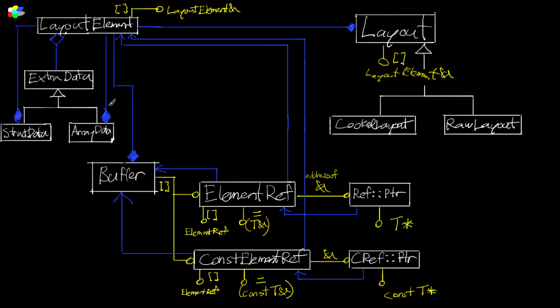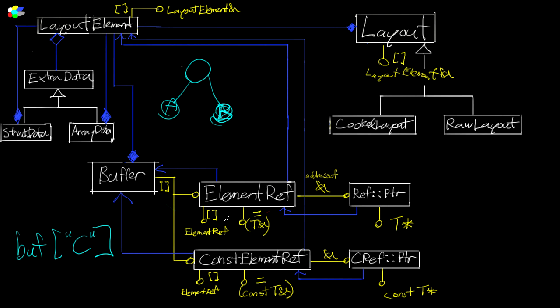elements as part of reflection. Because right now, the only reflection you can do is you can check to see whether a particular key exists. Oh, that reminds me, one more thing. So let's say you got a layout tree, 2 elements, A and B. We know if we index in with A, it's going to give us an element ref that maintains a reference to this layout element. But what happens if we try to index in with an element key that doesn't exist,